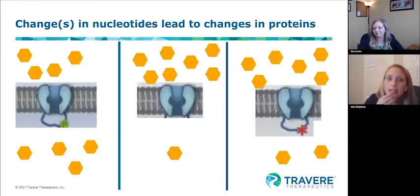Yeah. For the next slide, this is another different way to look at it. We'll talk about cystinuria specifically in the next few slides, but some of you may already know that it's a transporter defect. So basically what happens is the cysteine can't go from your urine back into your bloodstream. So here's an example similar to what we just showed, but we're looking more at a biological example versus a house example. If this is your normal transporter, you start with 8 hexagonal